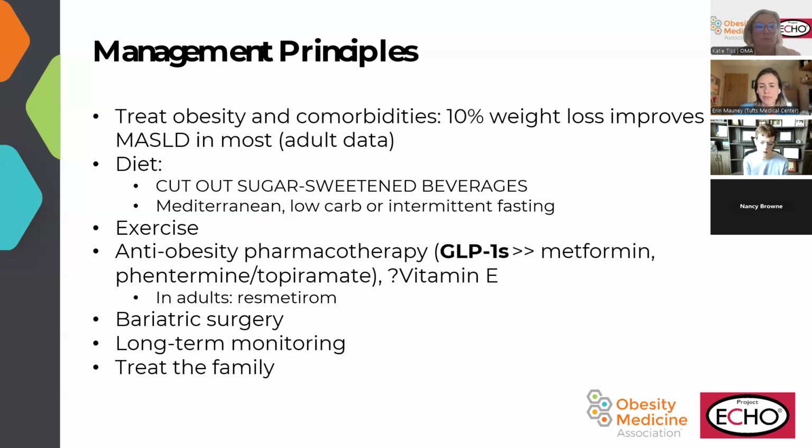And then in terms of anti-obesity pharmacotherapy, I think GLP-1s are really the mainstay when we can get them to kids, based on FDA approval status and insurance issues. GLP-1s, interestingly, seem to be beneficial to the liver, even aside from their effects on weight loss. They seem to be protecting the liver even outside of that. Metformin and phentermine topiramate do not have that same hepatoprotective effect, but they're sometimes used more off-label for weight loss, or I guess on-label for phentermine topiramate, but more just getting the weight loss, and then that helps the liver rather than helping the liver directly.